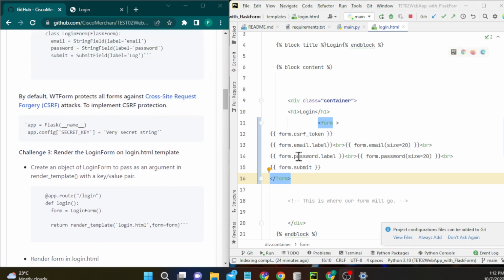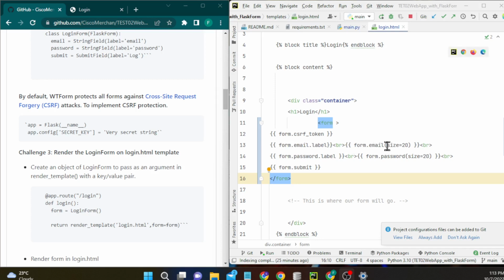Then we have here our form name, and we are calling our class variable email and the label. So this one here is for the label, the name of our label,